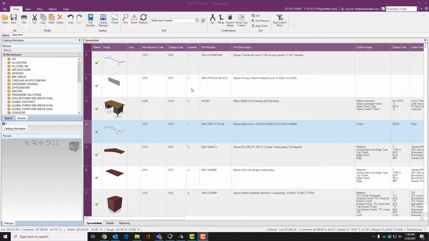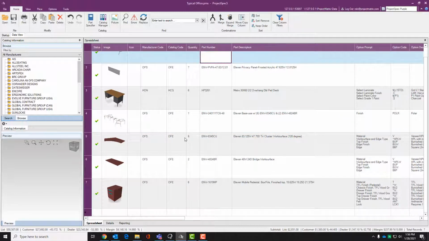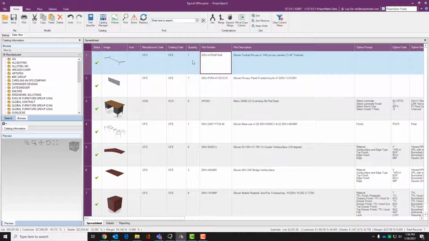In this video, I'm going to be talking about the merge and expand merge features inside of Project Spec 5. In this example, I just have 7 lines, and we're going to call this a typical. You can see I have different quantities. So I'm going to save this as typical office